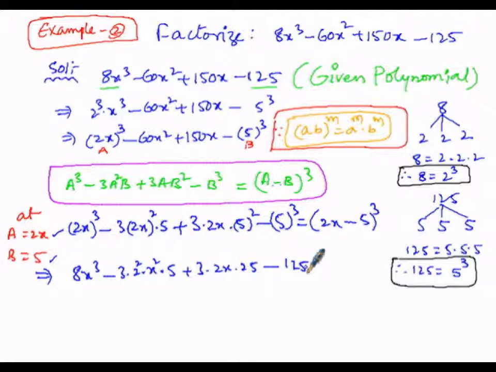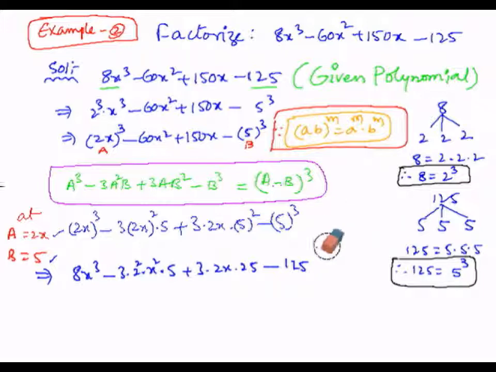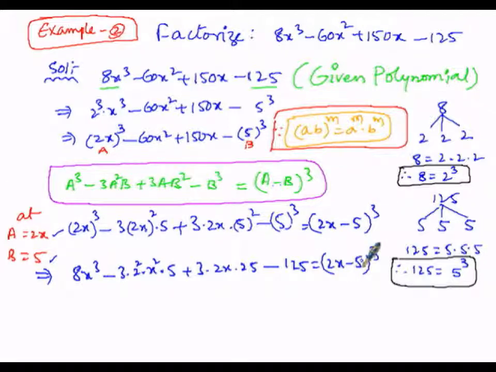So now we can get these values. So here equals (a is 2x minus b is 5) whole to the power of 3. So that is equals (2x minus 5) whole to the power of 3. So a is 2x, then b is 5. So it can be written as (2x minus 5) whole cube. So here the right hand side is copied as it is.